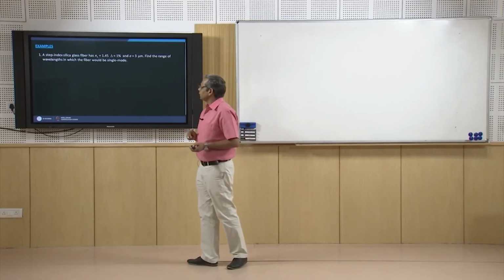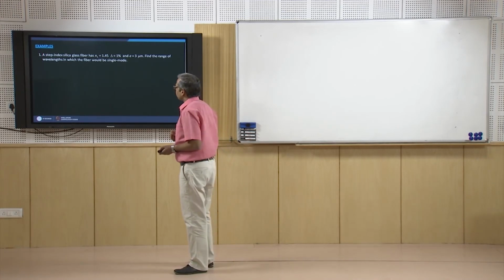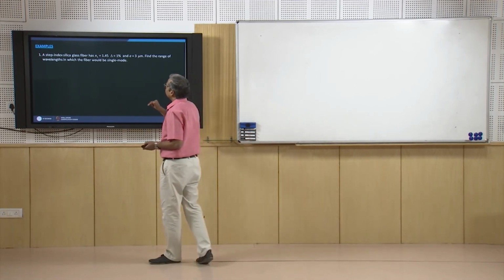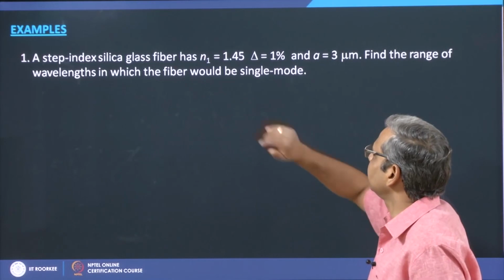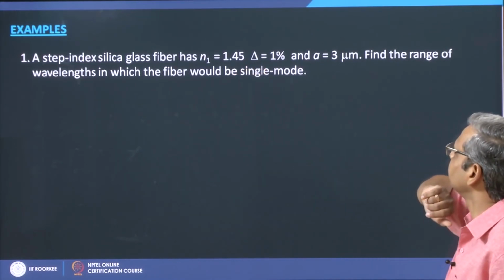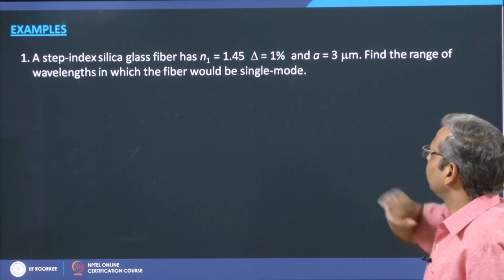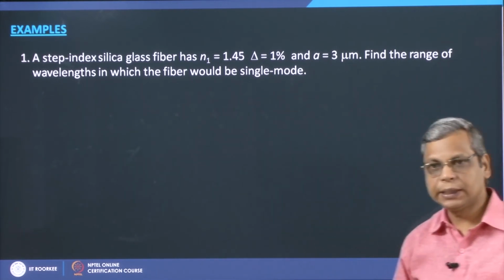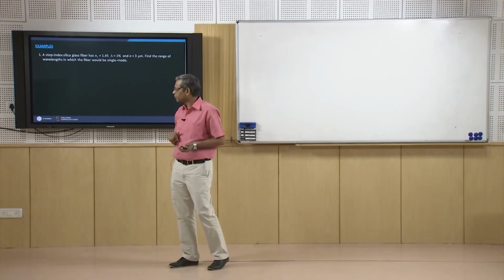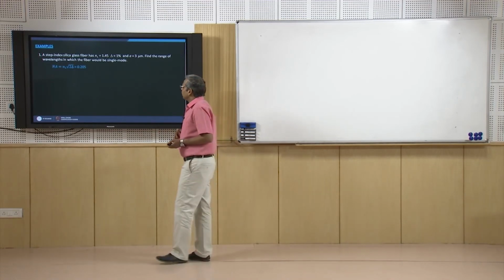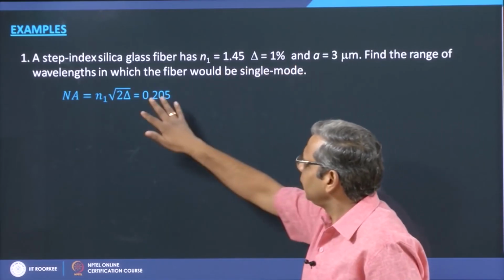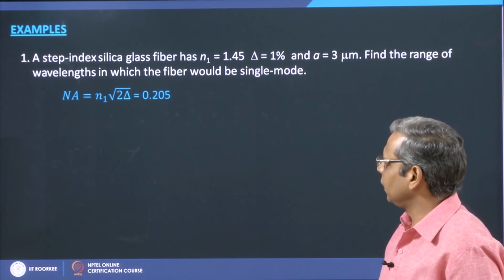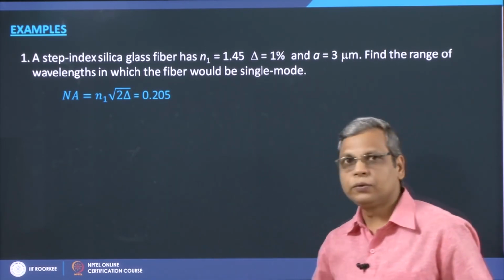Let us take an example. I have a step index silica glass fiber which has N1 equal to 1.45, delta equal to 1%, and core radius 3 micrometer. What would be the range of wavelengths in which the fiber would be single moded? If I want to find that out, then I know that from these parameters I can immediately calculate the numerical aperture of the fiber, which comes out to be 0.205,